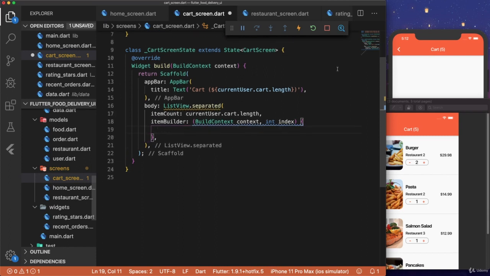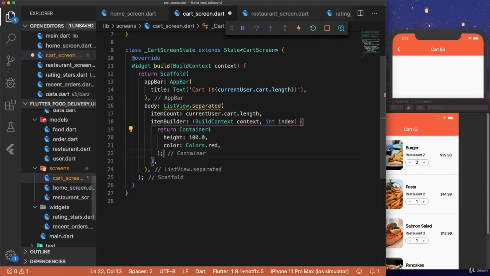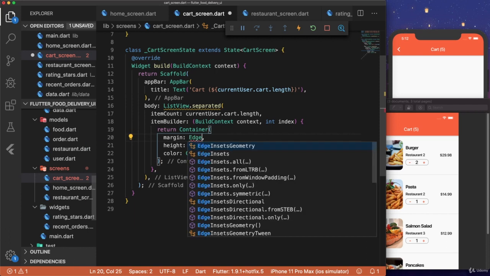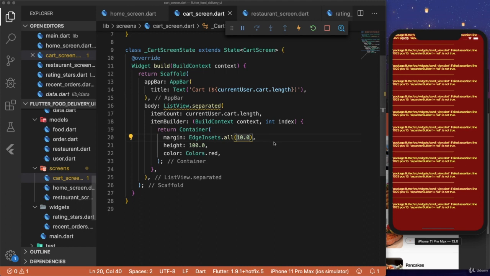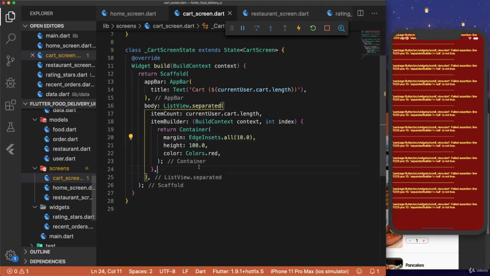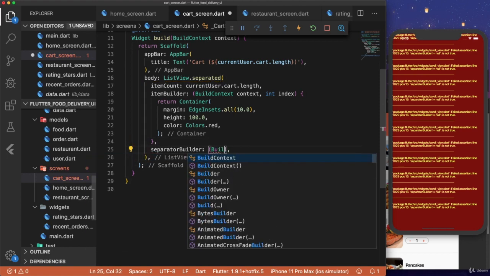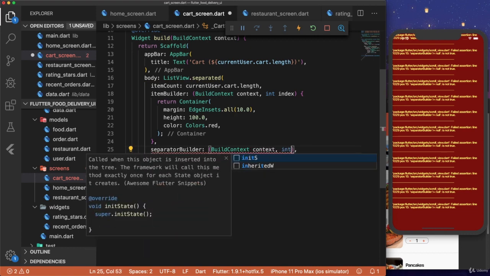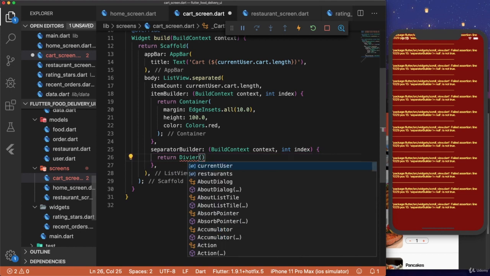And here we can just return a container for now. We'll set the height to 100.0, color to colors.red, and don't forget to set margin. And we get an error because we're missing the separated builder of our list view. So underneath item builder, we're going to add separated builder. And this also gives us a build context in index. And here we just want to return a divider with the height of 1